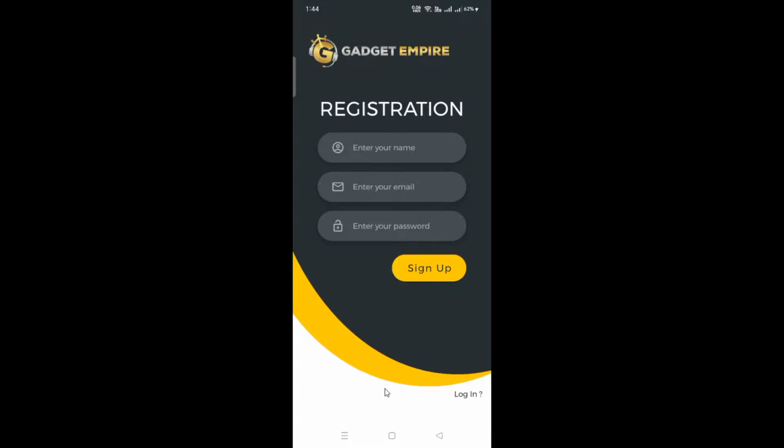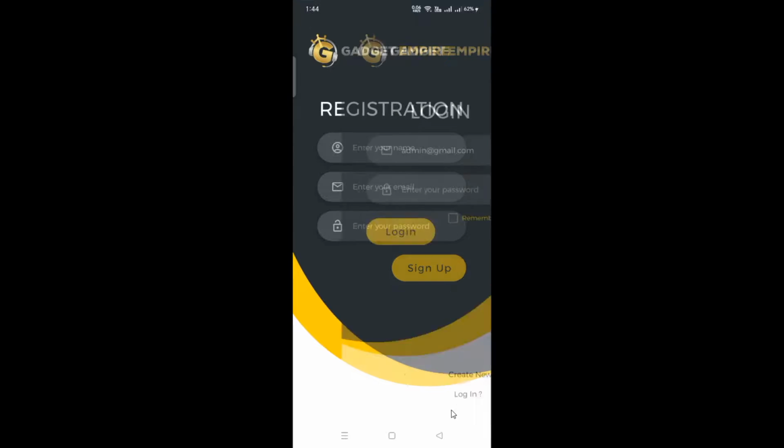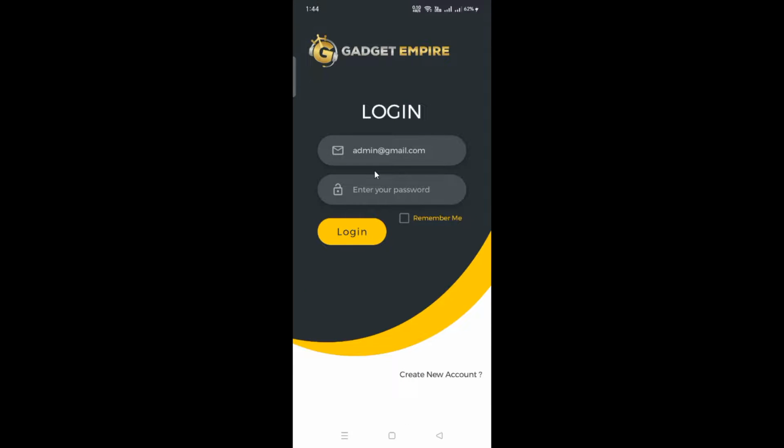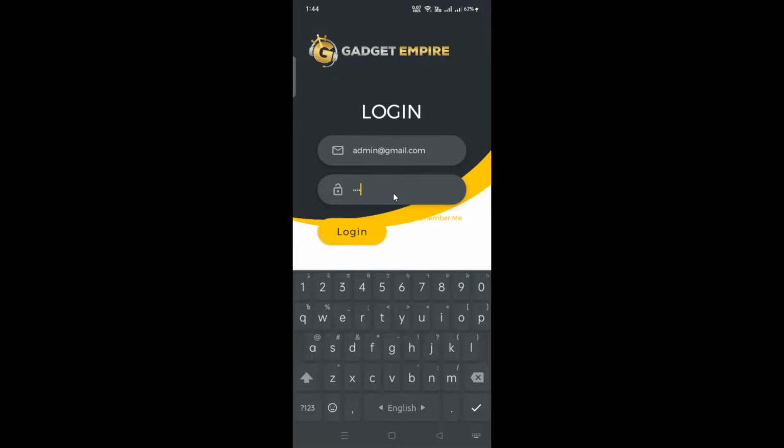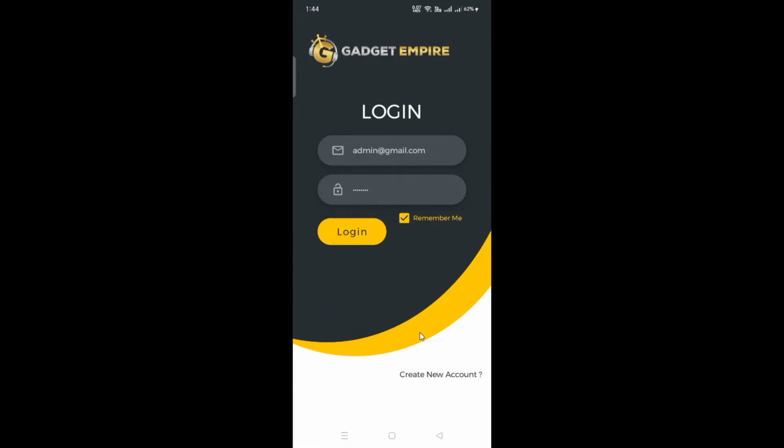After completing the registration process, they just have to press the login button and enter the email that they have just created with and their password. And if they want to remember their email after being logged out, they just have to check this remember me box in order to save their email. Okay, admin 123, this is the password. Okay, I'm going to